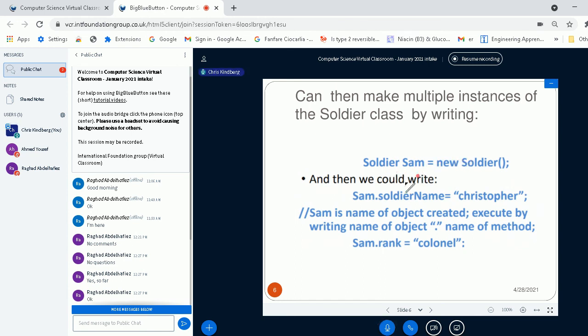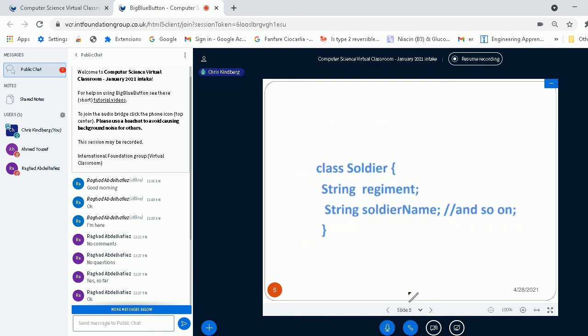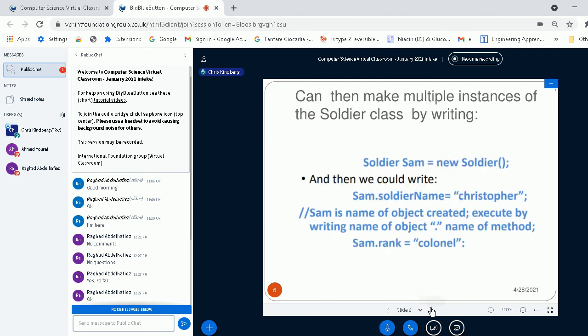And then we could write Sam dot soldierName is going to be assigned Christopher. And if you remember, soldierName is a string variable in the Soldier class.